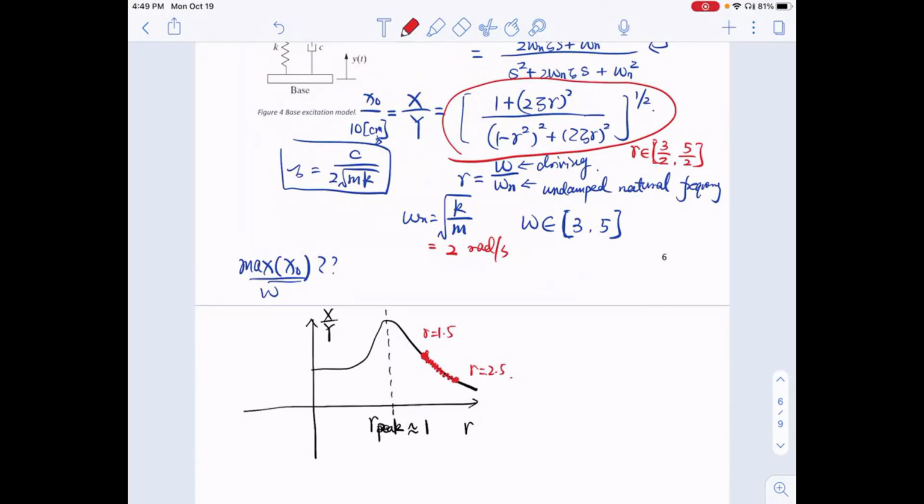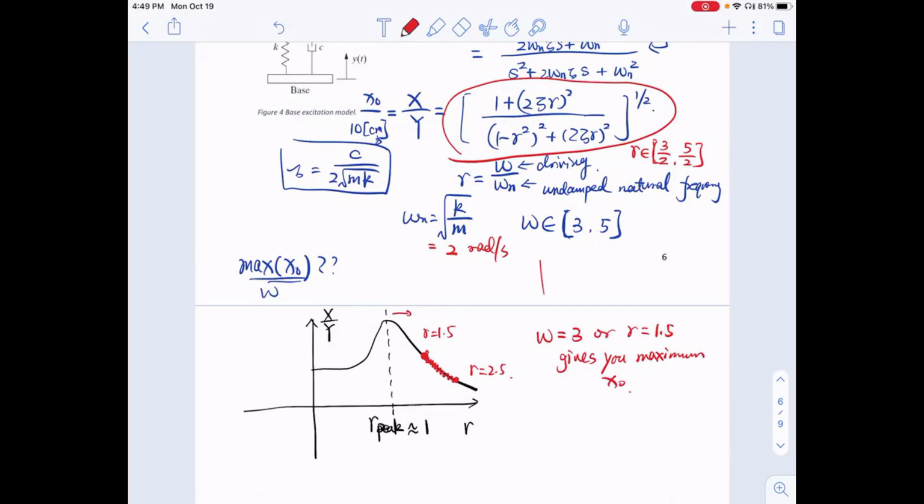You already know that your operation point is on the right-hand side of your resonance. So that means if it's working on the right-hand side, the higher the frequency, the lower the amplitude. Here, you want to maximize your amplitude, so you want to lower the frequency. So that means omega equal to 3, or r equal to 1.5, gives you the maximum